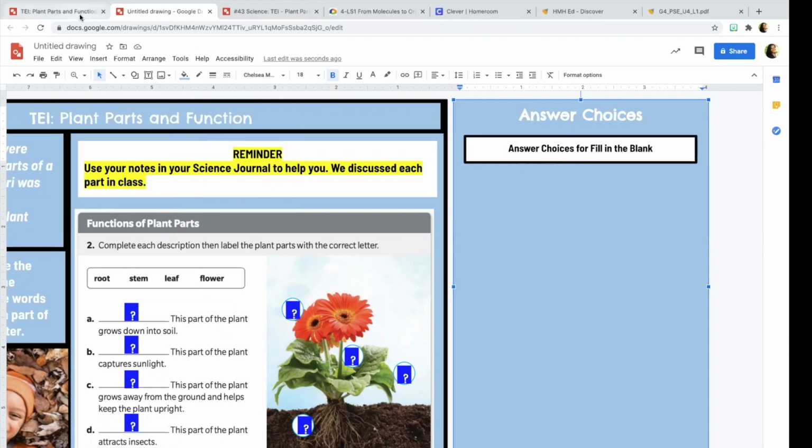And then we're going to create the answer choices for this section of the TEI. So the students need to fill in the blank with the correct plant part. So for example, this part of the plant grows down into soil. So they need to identify whether it's the root, the stem, the leaf, or the flower that does this function. So root,